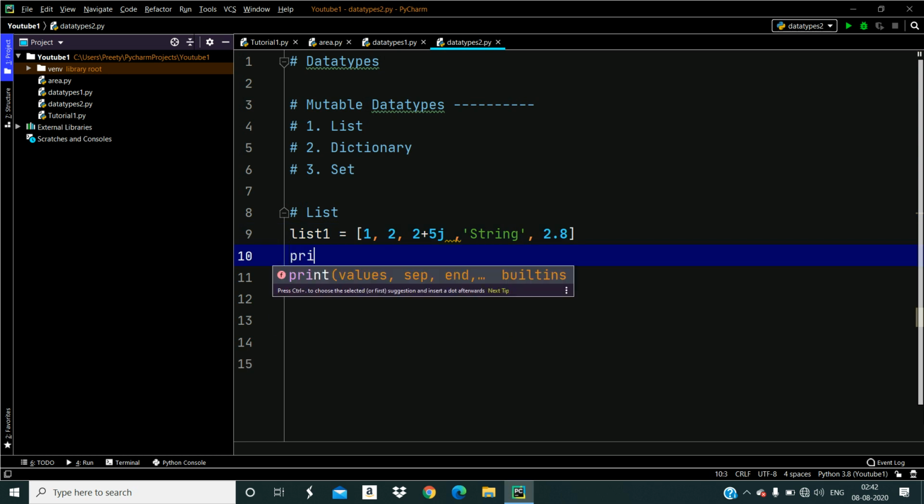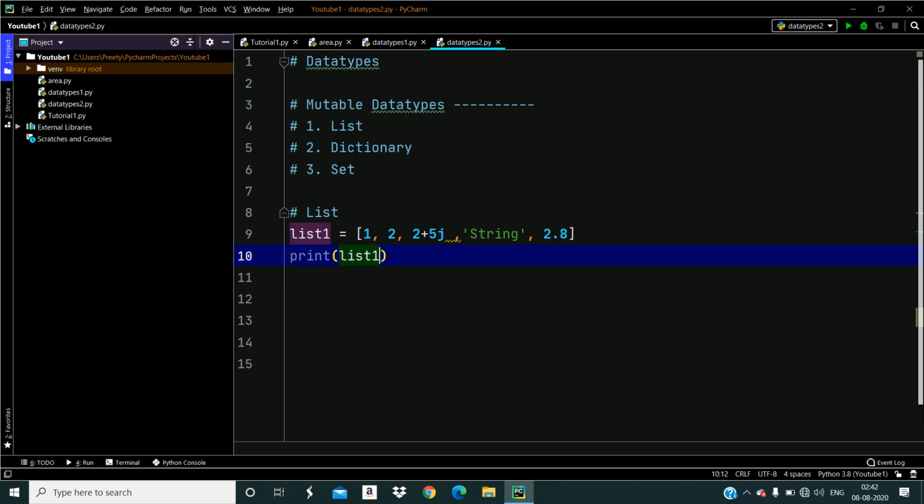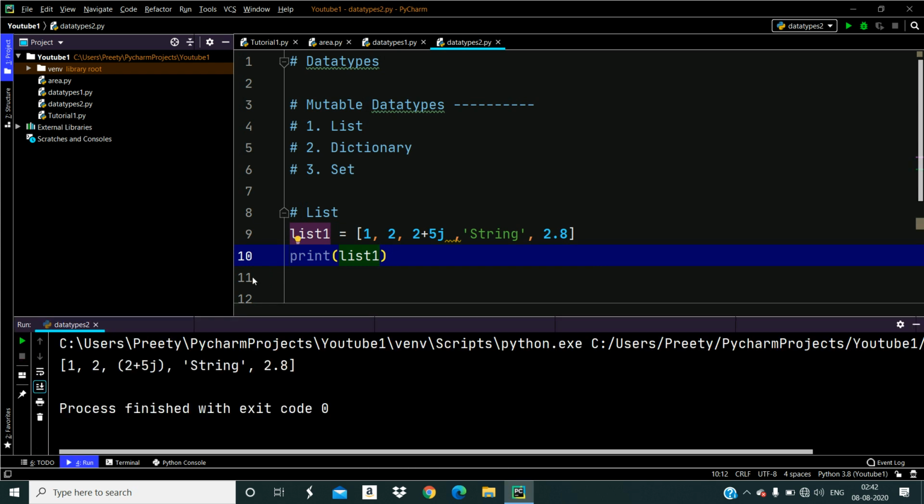Now we'll print that list and see what value we get. print list1, and just run the program. See, you got each value in the list. A list is basically an ordered collection of items.